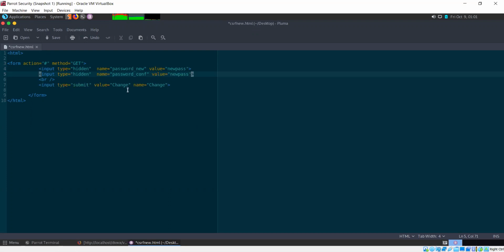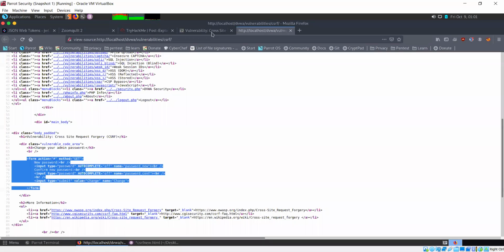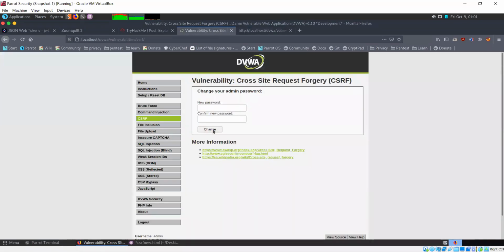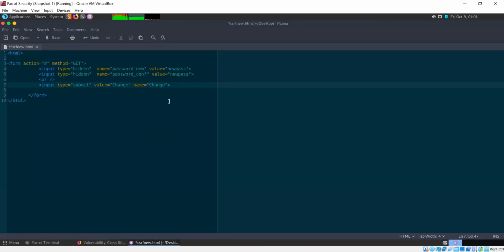And in this submit button, I'll change the value for this button. Currently, if you come back here, the button says simply change. Now I want to change the value for the button.